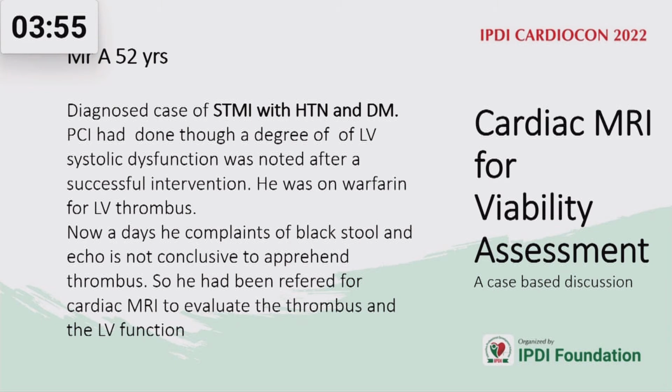Now come to our cases. This is one of our cases. He is a 50-year-old male, a diagnosed case of STEMI, hypertension, and diabetes mellitus. He had gone through a PCI to LAD, with some degree of LV systolic dysfunction after the successful intervention. But he also had an LV thrombus. He was on warfarin. Now he has a complaint of black stool. It was not conclusive to apprehend the thrombus, so he was referred to an MRI lab to evaluate the thrombus